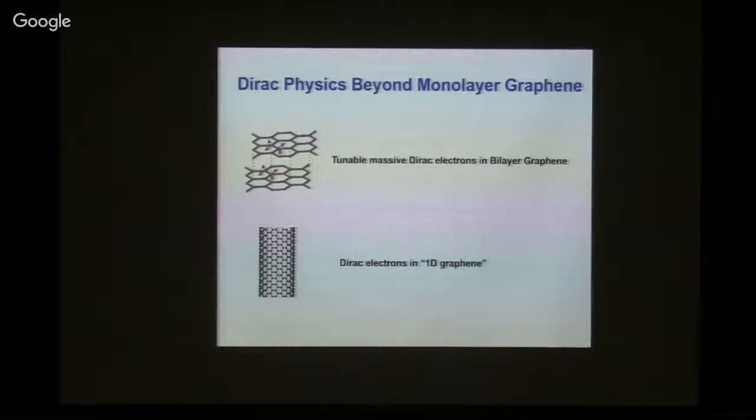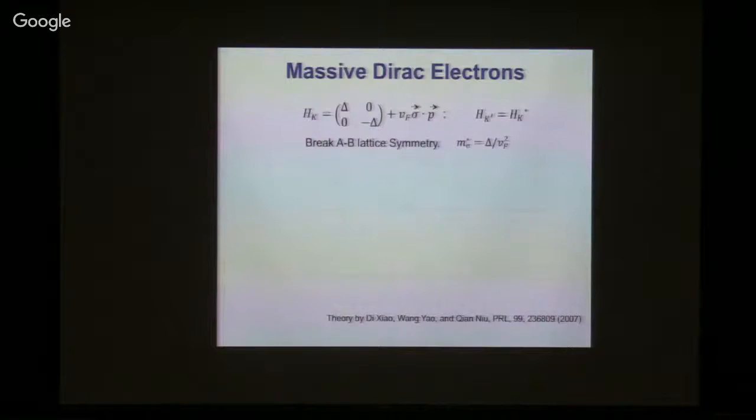So let's start with the first topic, to generate a mass and create a massive Dirac electron. Theoretically, it's very easy to do. All you need is basically an extra term that is diagonal, where you have different potential at A and B sublattice, so delta and negative delta. In this case, what you can see is even at 0 momentum, the eigenenergy is not zero anymore. The eigenenergy is delta and negative delta. That corresponds to opening up a semiconductor band gap. And in that case, the electron and hole have opposite energy.